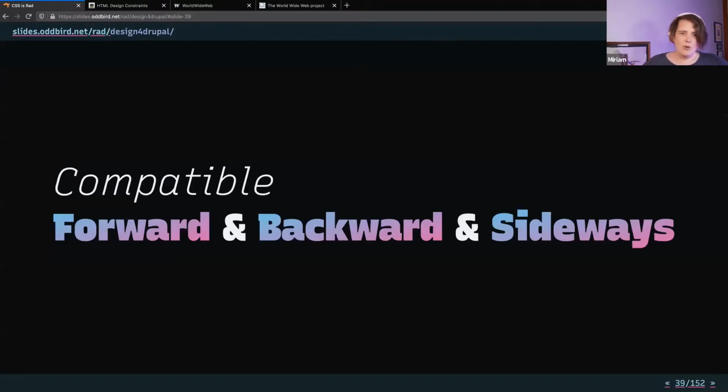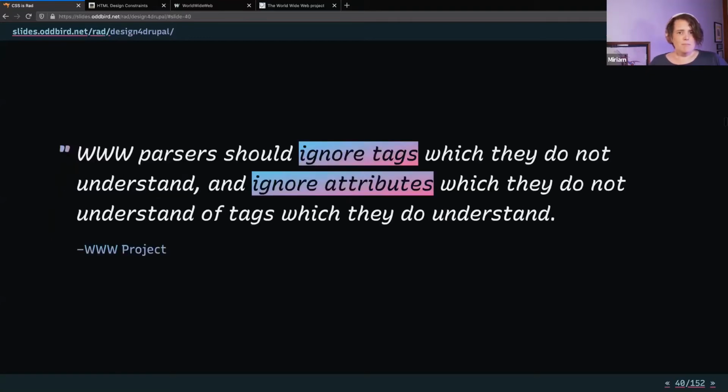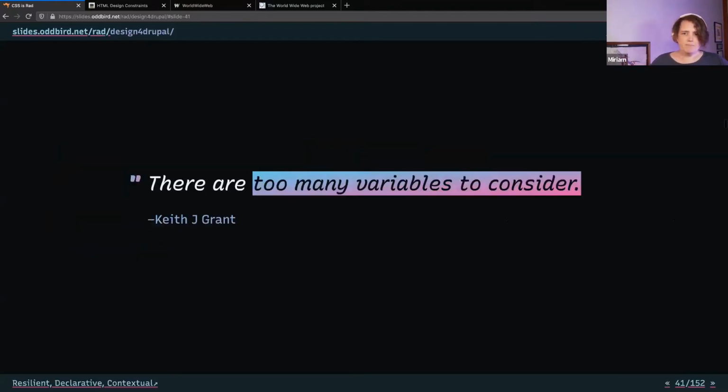And that's still true, and that's only becoming more and more broad. And the way that that works, this is again from that original document, is that browsers have to be able to ignore your code. That's the fundamental process by which we can be compatible in every direction. Browsers should ignore tags which they don't understand. And if they do understand the tag, but they don't understand an attribute, ignore the attribute, use the tag. So down to this finest grain, we use what we can and we throw away what we don't understand,